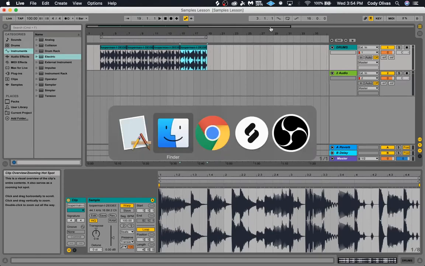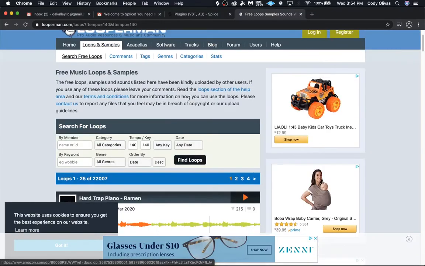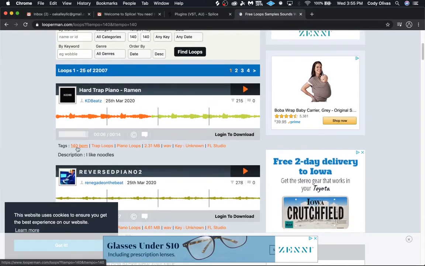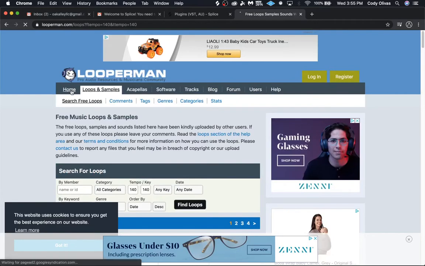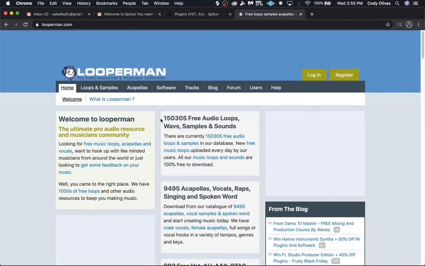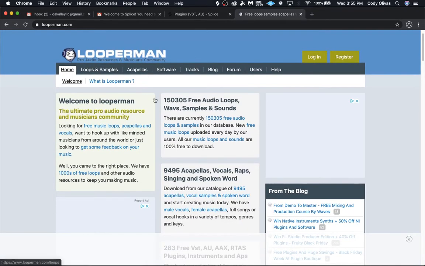All right. So now I'm going to go back over to, let's say, Looperman, and let's find something. A cool thing is that you can always look up these tags that are at the bottom of any loop. So first of all, let's go to the home page. This is what it'll look like when you get here to looperman.com. You can go to the Loops and Samples section or page,